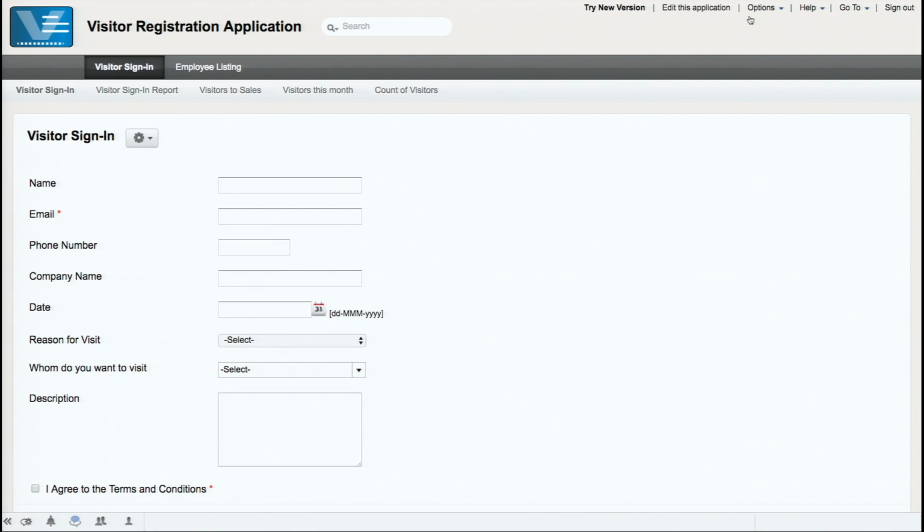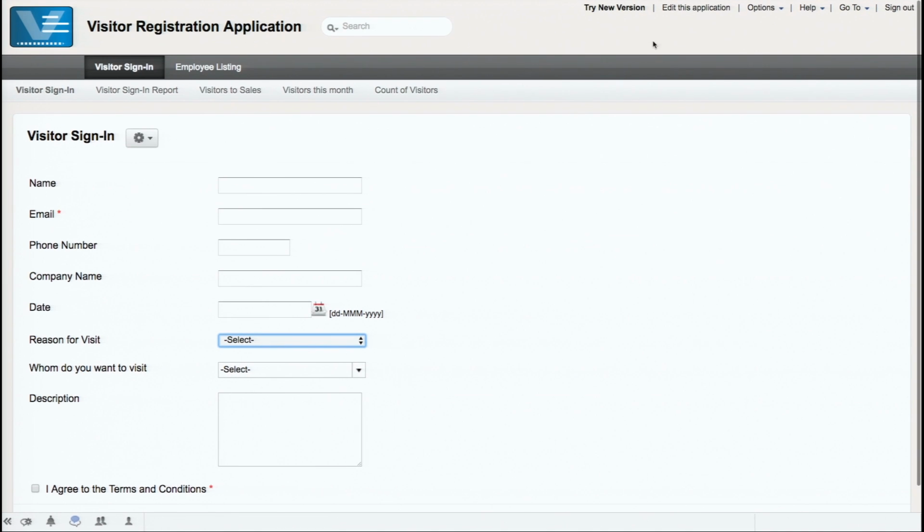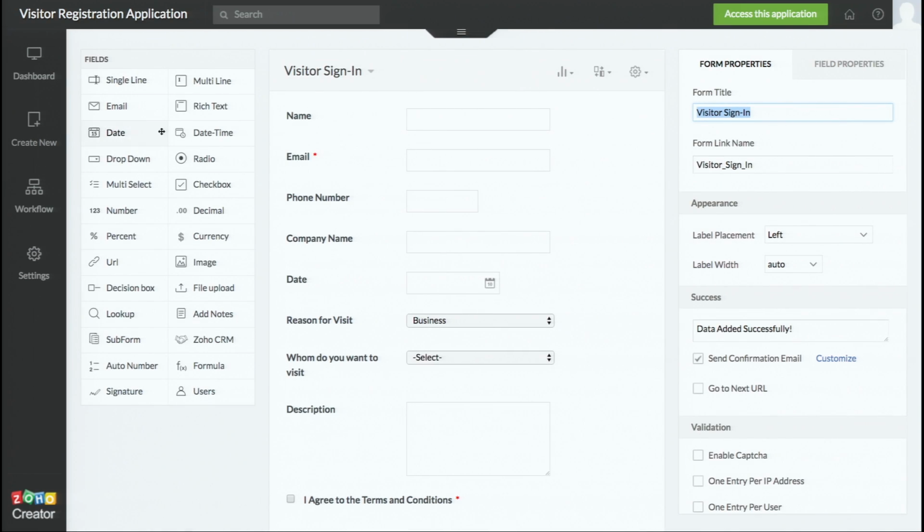Just to get started, I'm showing you the visitor form, and we have the reason for visit here. If it's business, we will show this field. Otherwise, we will hide it. Okay. I go into the development environment. Again, the form which we are operating in is the visitor sign-in form. On top of that, on the right,